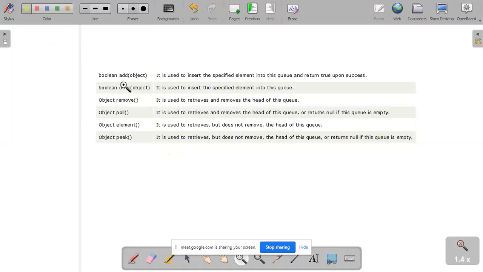This add, remove comes directly from the linked list implementation also, right? And element also. So we can use add, remove and element, or if you want, offer, poll and peek; any combination is fine. For simple remembering, add, remove and peek should be fine. In case of stack we use peek, so here also I'll use peek. Addition and removal is the queue. So these are the standard methods. Based on these methods, we need to implement a stack.